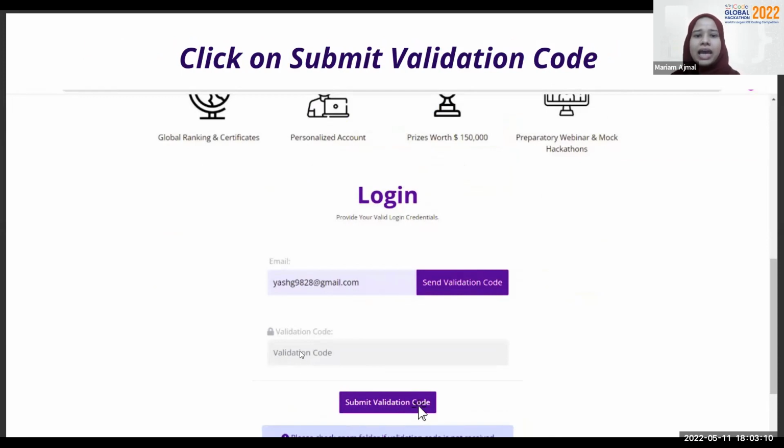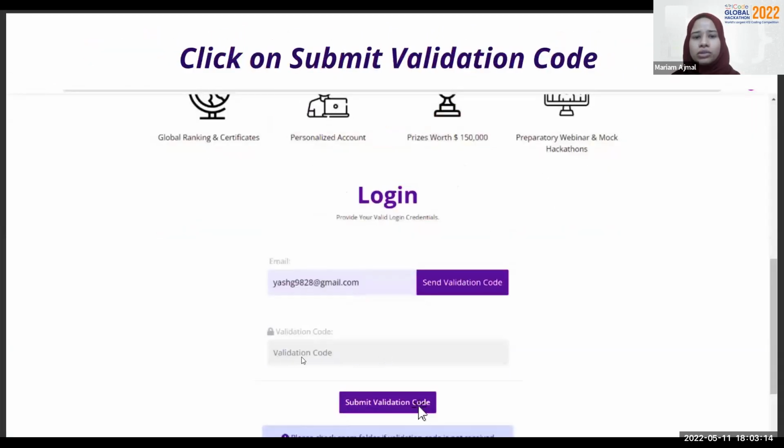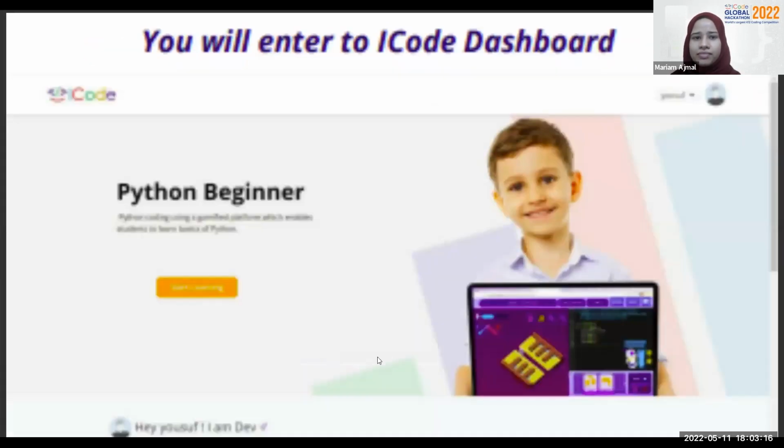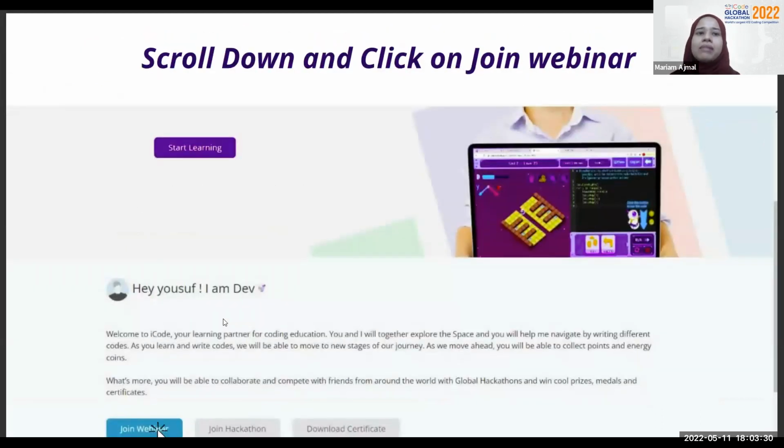Okay, and after that, you need to enter the validation code. Okay, once you enter the validation code, you will be logged in for the session and your course name will be displayed on your screen, right? So you can click on start learning, but before that,